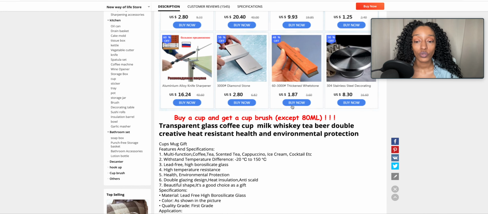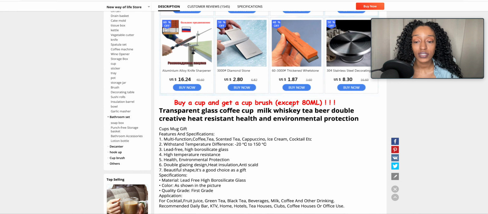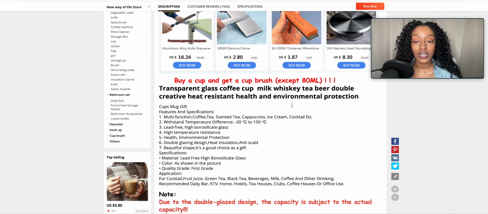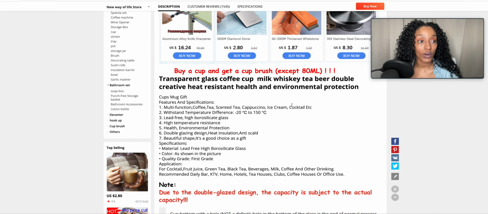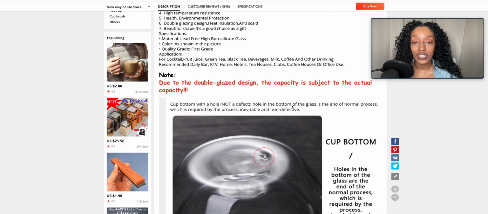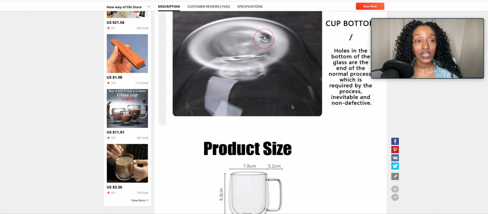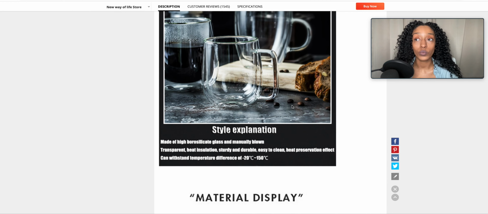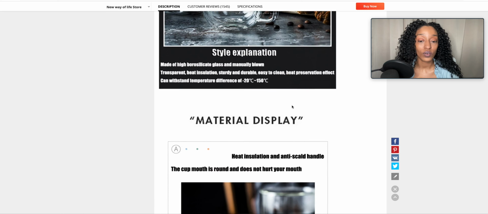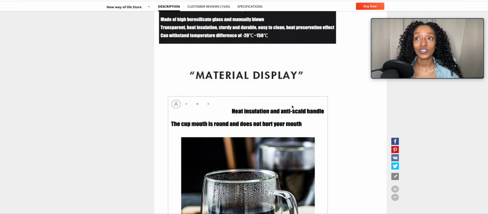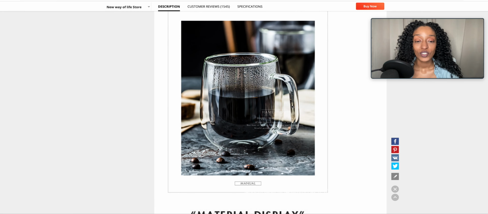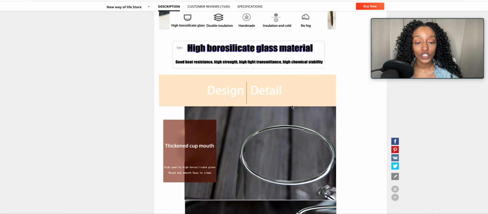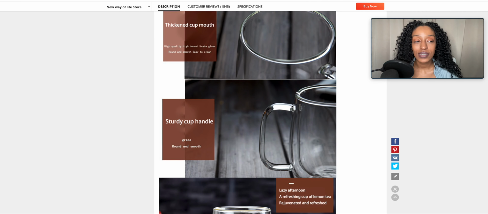So as I go through and look at the product descriptions, I see certain things that I like. I like the way they detail the product. I love the way they leave notes. They let you know what's in the product, what's happening, what to expect, right? These are all good signs of somebody that I would be willing to work with, okay? So you look at the materials display and everything like that. Then you scroll down, you look at the pictures, and then here is